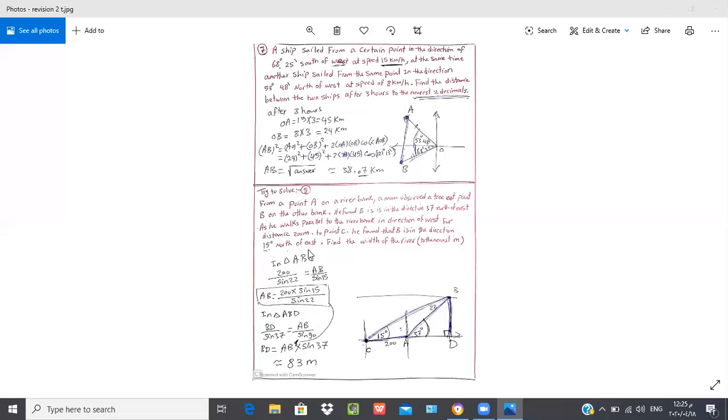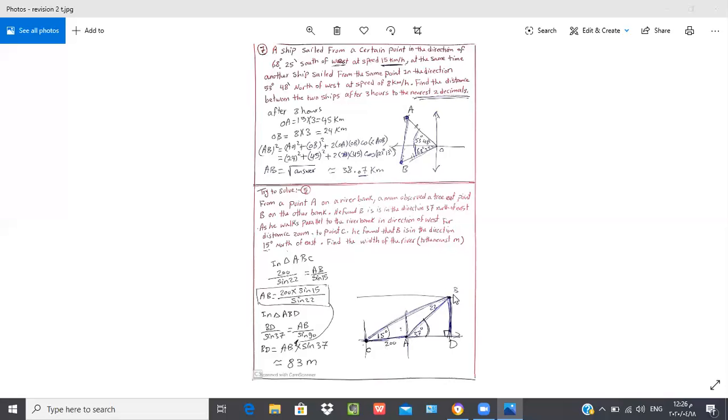Another one, quickly. He said, from a point A on a river bank, this is the river bank. I revise this again because this is the only exercise about the river bank. Here, a man observed a tree at point B. Here, this is a man. Look at, this is the tree, and the other, this is the bank of the river. This part is the bank, and this is the bank. He stands here and looks at